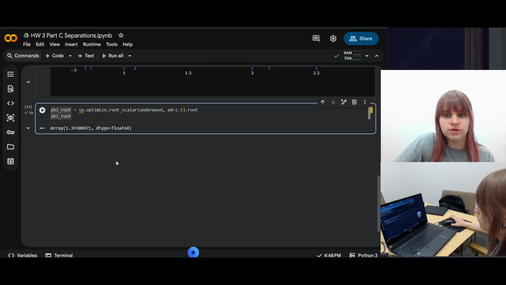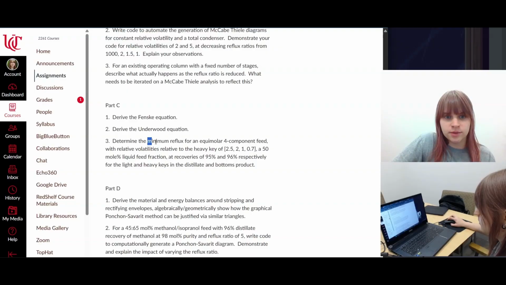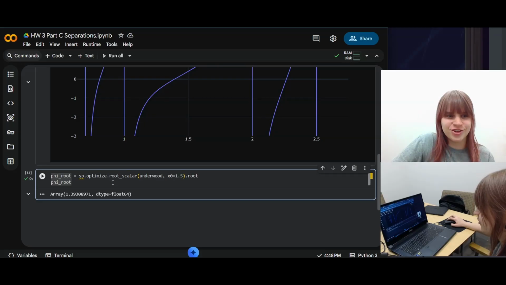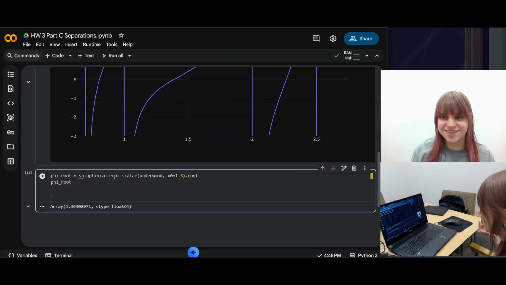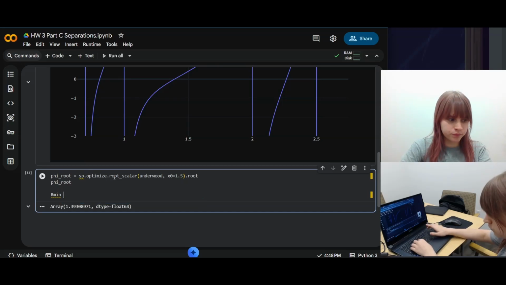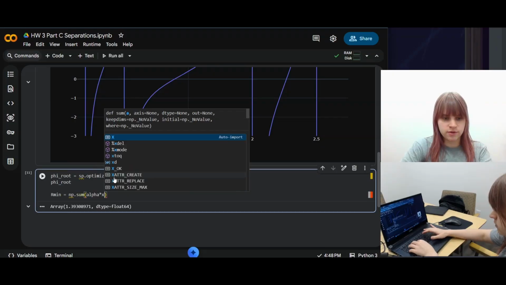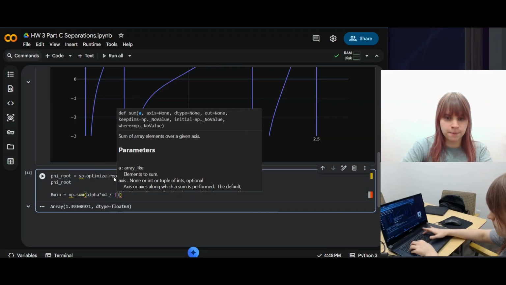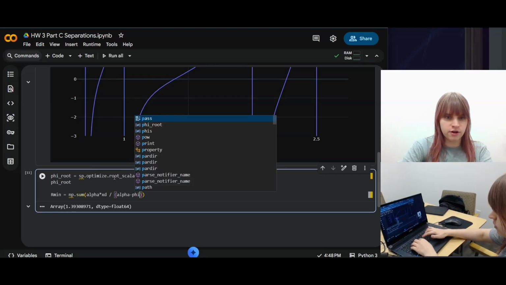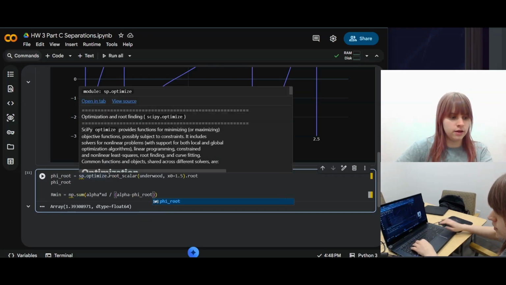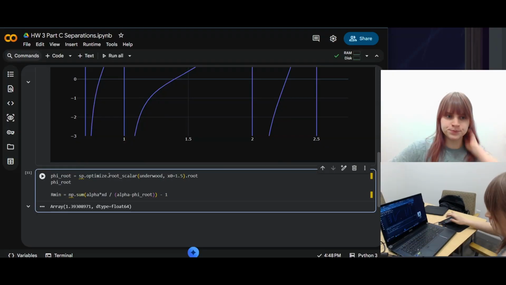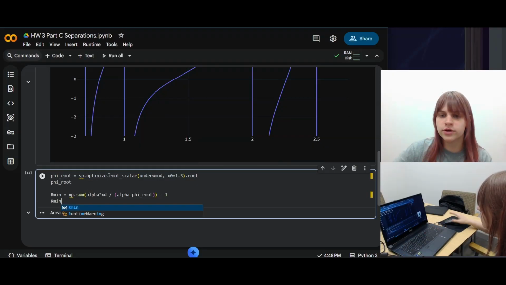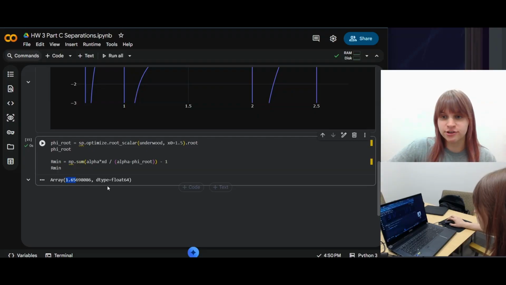Now the question is, how do we find the minimum reflux? Because that's what we were doing, that's our goal, I guess I should say. So that's our last step. I'm going to call this R min. It's equal to the sum of our alpha times the distillate composition divided by alpha minus our phi root, which we calculated above, minus 1. Now we just want to output our R min. And after putting this through, we can see that our R min is at about